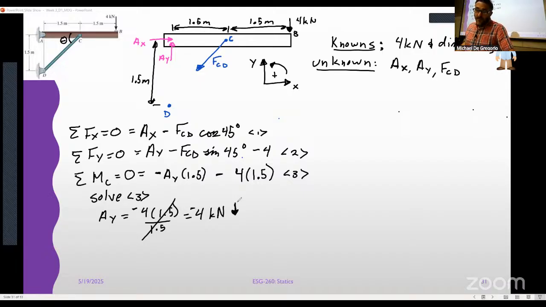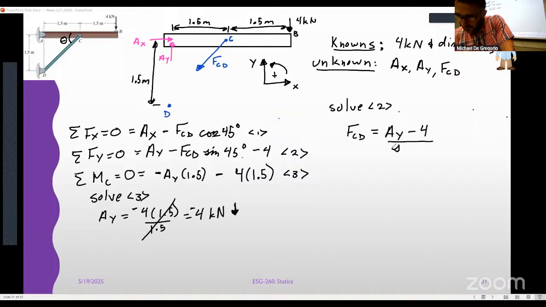So let's solve equation 2. Why did I go to equation 2? Because there's only one unknown. That makes the most sense. You could solve equation 1 and then plug into equation 2, but we're not going to do that. Equation 2 tells me if I solve this for FCD, this is going to be equal to AY minus 4 divided by sine of 45 degrees, which is negative 4 minus 4 over the sine of 45 degrees,